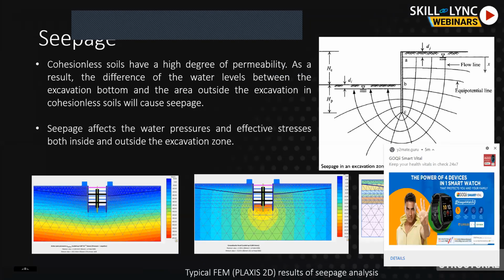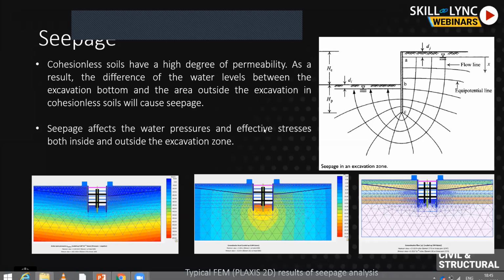The goal of lowering the groundwater level is to keep the excavation bottom dry to prevent leakage of water or sand, to avoid sand boiling or upheaval, and to anticipate the occurrence of floating basement. So this is why we generally do dewatering. Seepage, we also need to do a seepage analysis whenever we are designing such kind of problem. Whenever we are doing numerical modeling, we need to consider seepage. Why?